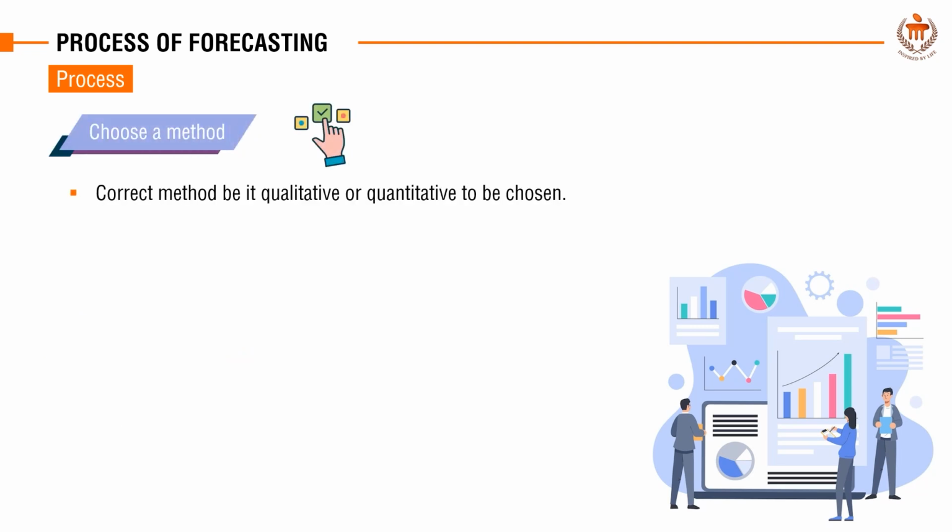Choose a method. After gathering information, selecting the appropriate forecasting method is crucial. This can range from qualitative approaches like expert opinions to quantitative methods such as time series analysis or regression models. For example, a tech company might use a quantitative method like moving averages to forecast future sales based on historical